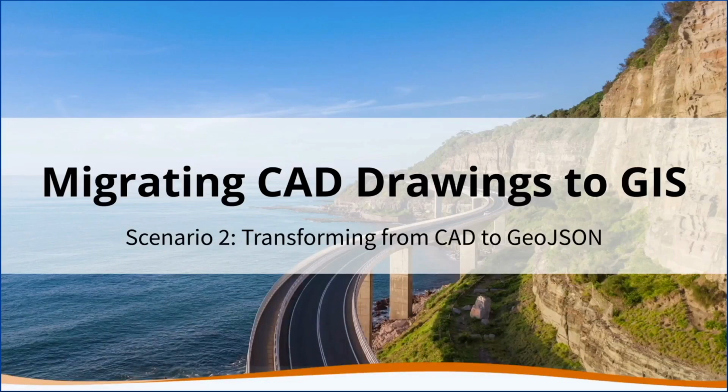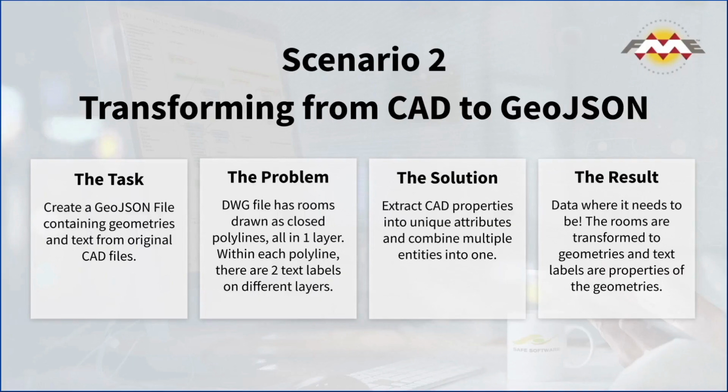And the issue here is quite an interesting one. We want a GeoJSON file containing the geometries and text from original CAD files. The DWG file had rooms that were drawn as closed polylines, and there were 2 labels inside there on different layers. And so we wanted to merge that all together and get data where it needed to be used downstream